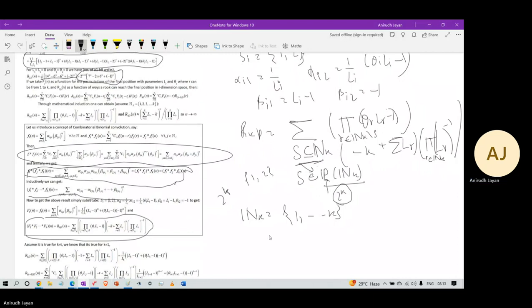So let's elaborate on this. Why do we get this? From substituting this, why we get this from